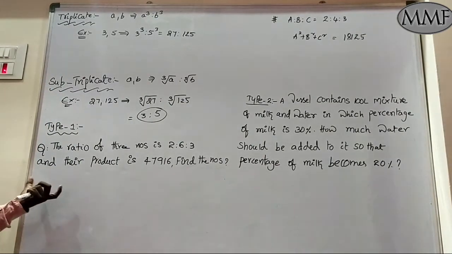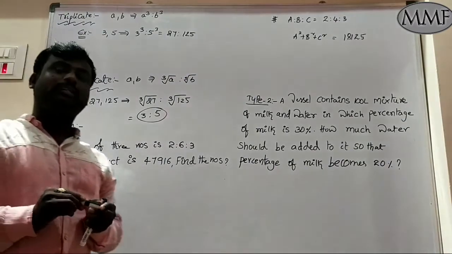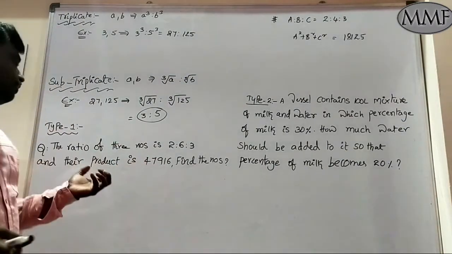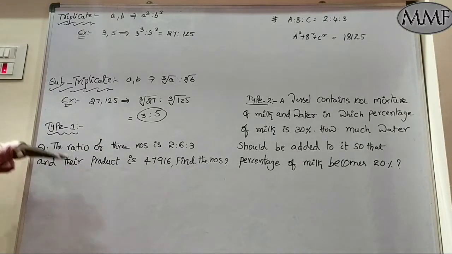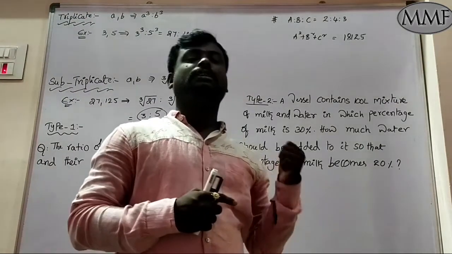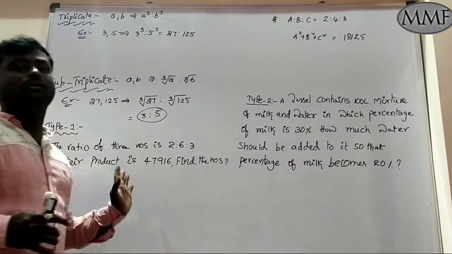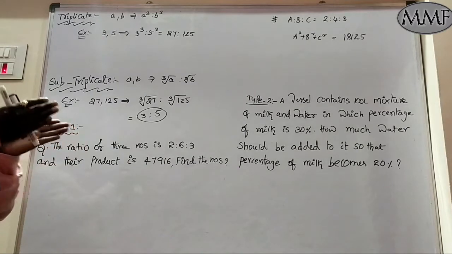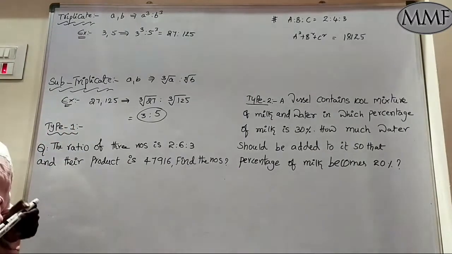Then we will see how these properties are used in exam applications. We will see some questions. Type 1. Here you can use the additive property, multiplicative property, division property, subtraction property. These are how we are going to use them. Very simple logic. The question is very big, but our solutions are one-second solutions.